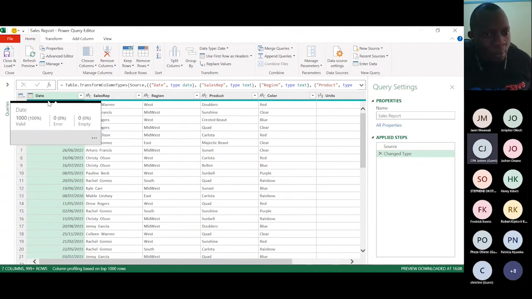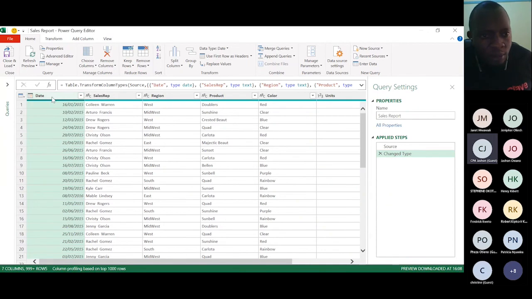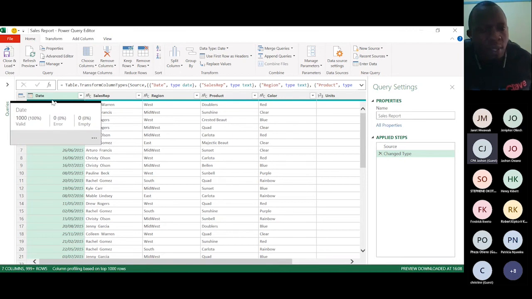Assuming you have thousands of rows, instead of scrolling through to see all the kind of data that you have within your column, you can float your cursor on this green line, and then Power Query is going to tell you that, okay, you have 0 errors within this column. You have 0 empty cells, and